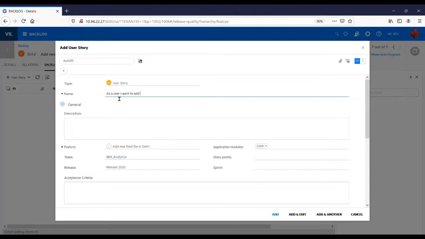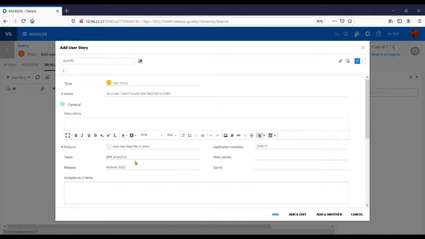So for the name of the user story, give whatever suitable name you want, and then put a description in the field. Then, as I mentioned, since we traversed through the features, the application modules, team, and release are pre-populated values, because we already entered these while creating the feature.